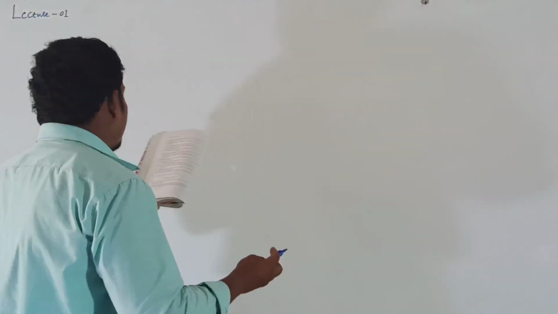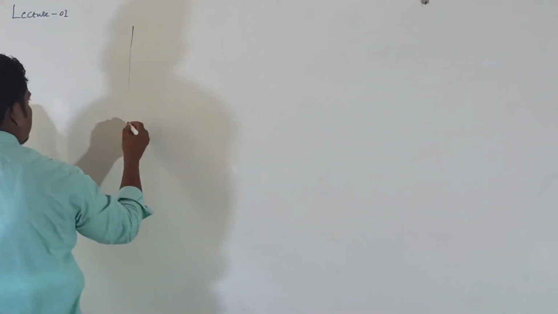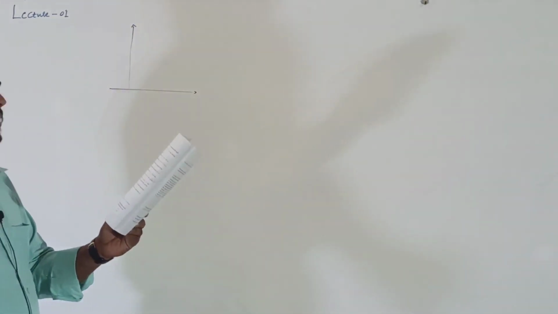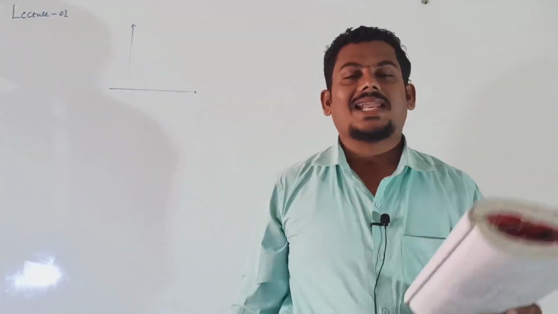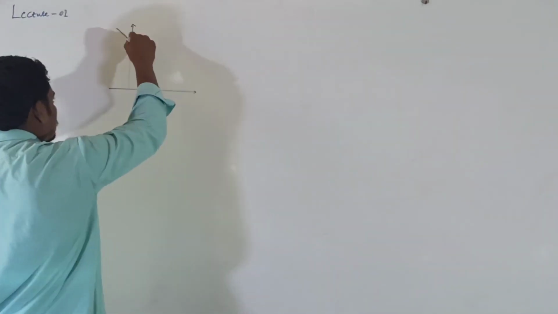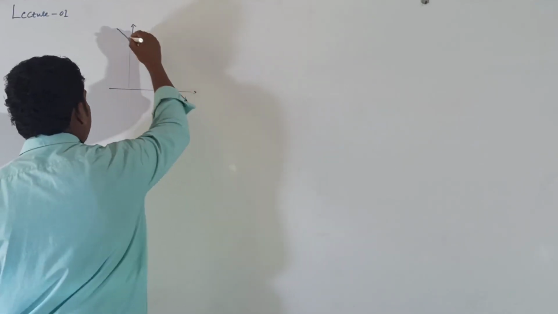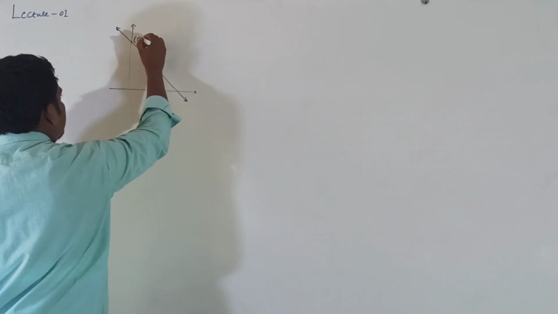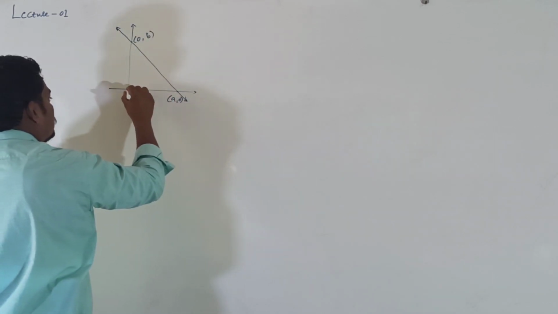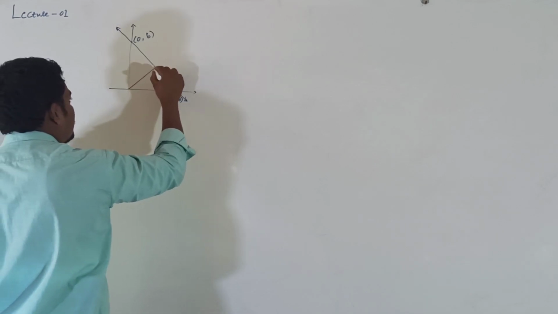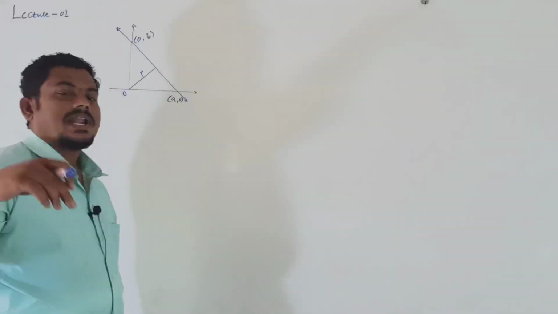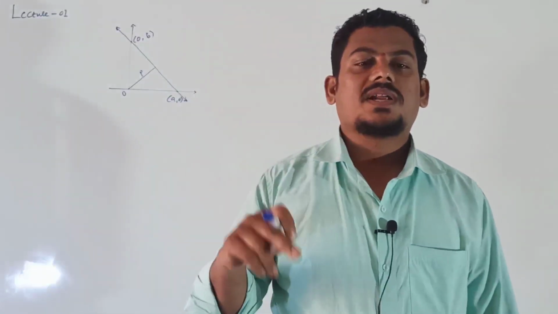If P is the length of the perpendicular, just consider one 2D plane. Length of the perpendicular drawn from origin to the line, one line is there, whose intercepts they have given, right? This is one line whose intercepts they have given, 0 comma B and A comma 0. Then they have given perpendicular distance between origin and line. Then show that 1 by P square is equal to 1 by A square plus 1 by B square, right?